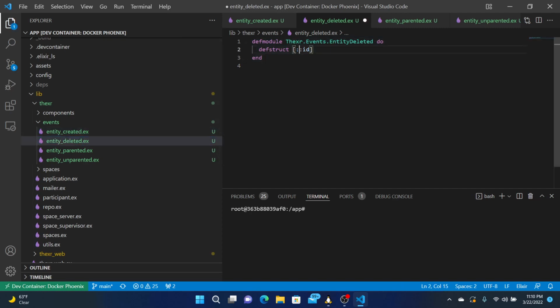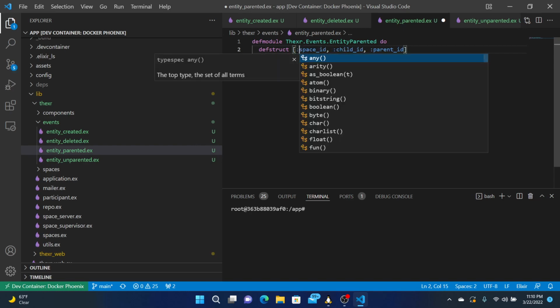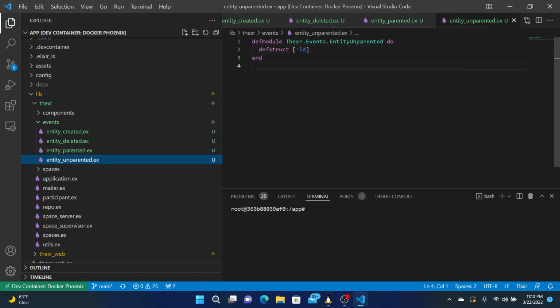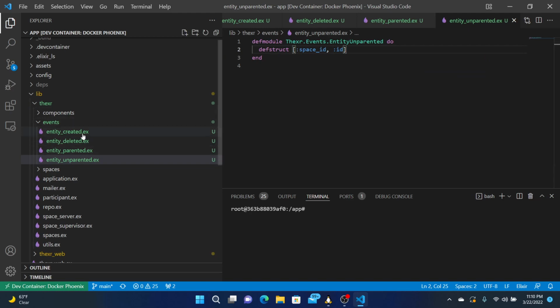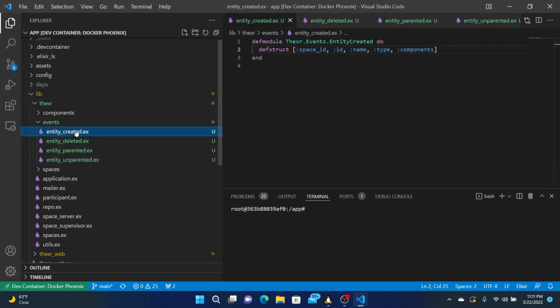So let's say space ID, all of these. So space ID is kind of the aggregate root here.